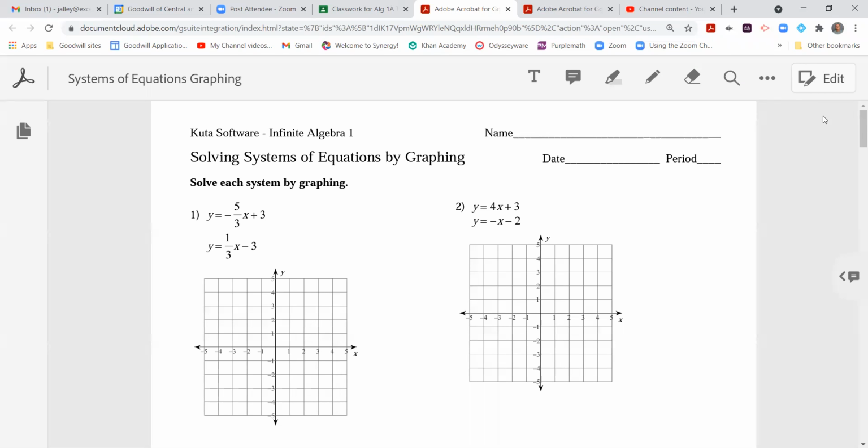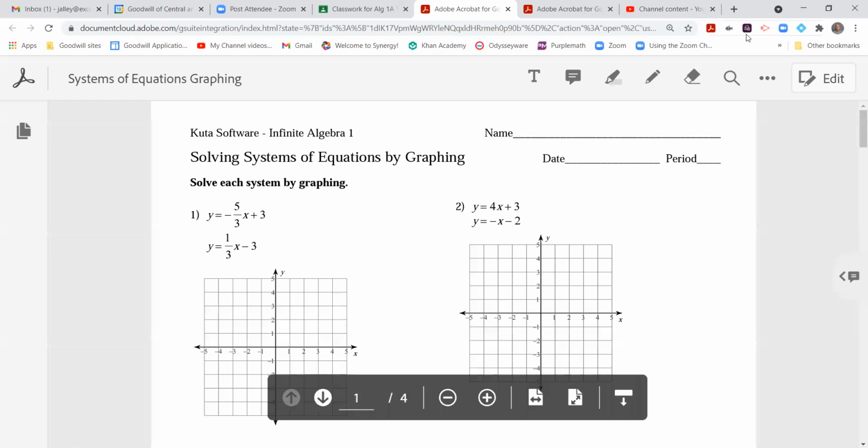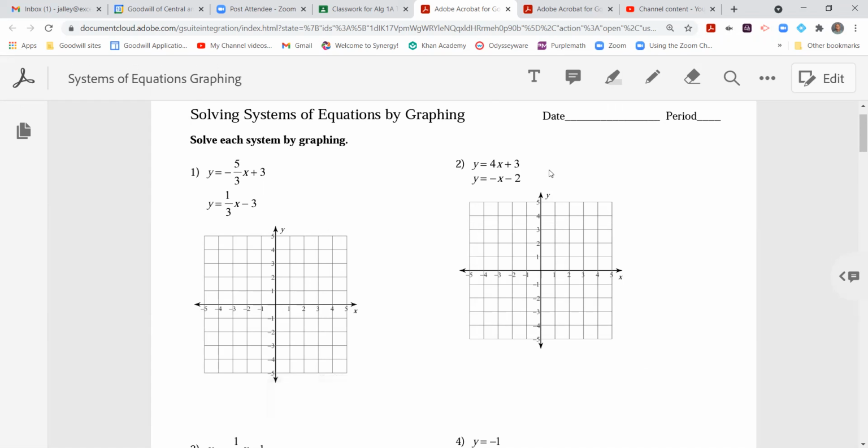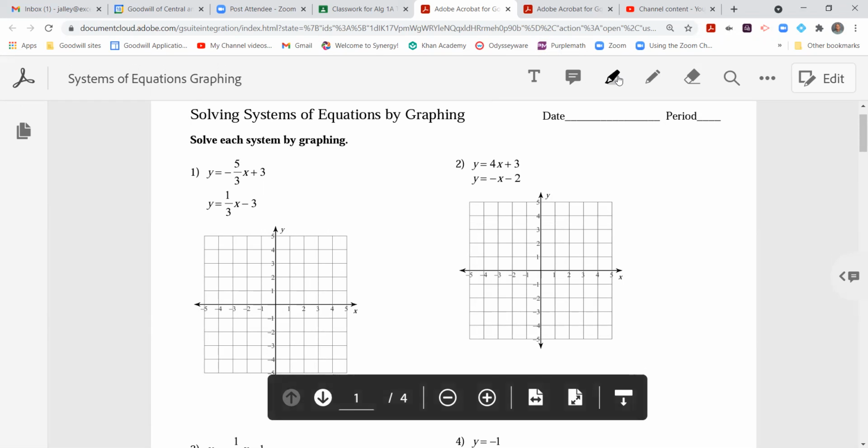So pay attention to the reference material that is given to you at the beginning of the Unit 2 test, because you need it to be able to graph any of these kind of equations. And especially now with systems where we have 2 equations on the same graph, it's essential. And in every one of these,